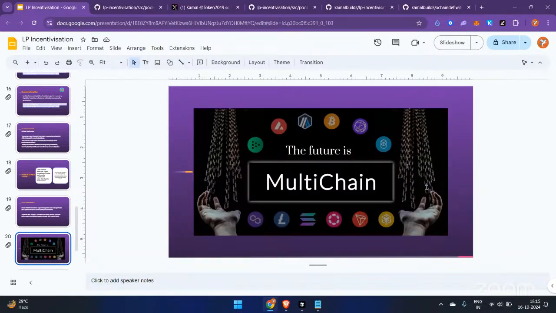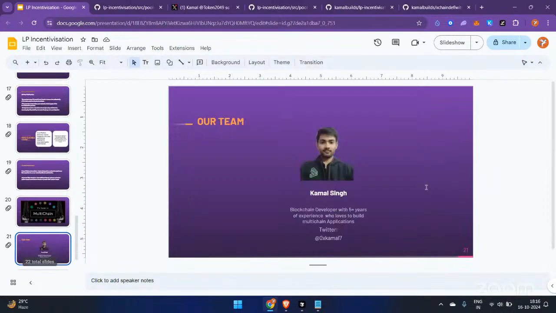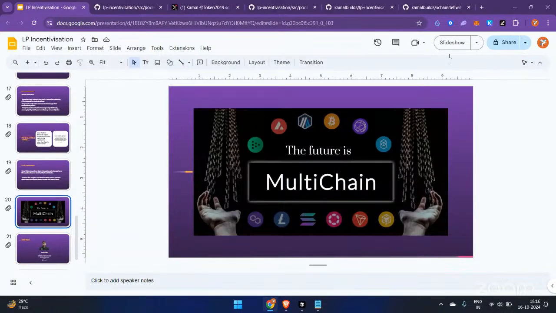I believe strongly that the future is multi-chain. So we need Layer Zero or Brevis for integrating multi-chain applications, so that the contract, though being on Polygon, can check how much liquidity a provider has added on other chains as well, and that would help in the reward process.